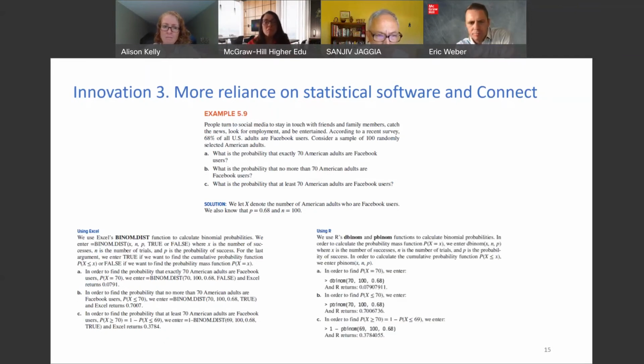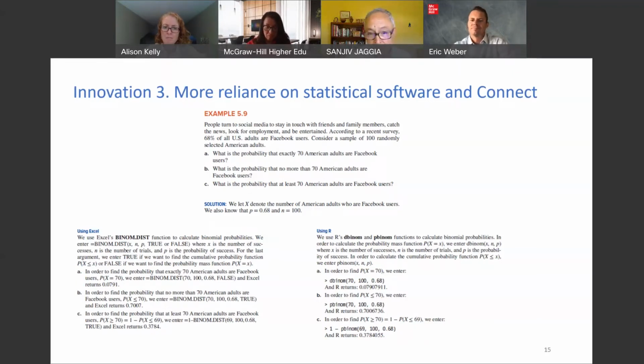And when we are solving with Excel or with R, as you can see from the slide, we provide quite a bit of detail. It's not just saying, just do this in Excel and get the answer. We are not serving them fish. We are teaching them how to fish. So there is a little bit of, this is the formula. The formula is BINOM.DIST in Excel. But then we are explaining all the inputs that go into the formula. What is X, what is N, what is P? Once they've got that, then solving this is really not that difficult.